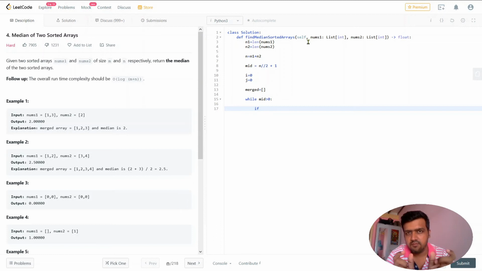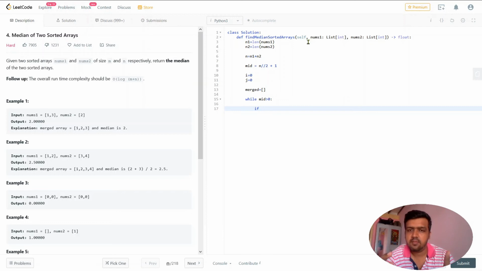If one element is smaller, then I will directly append it to the merged array, and I will increment that pointer. So let's say I compare i and j, which are both at the first element initially. If the first element of the first array is smaller than the first element of the second array, then I will include that element into my merge array, and I will increment the pointer of i to 1. Then I will compare i equals 1 and j equals 0, and again repeat that process. In the second case, if the second array's element is greater, then I will append that element, and I will increment that pointer. So iteratively I will do that.